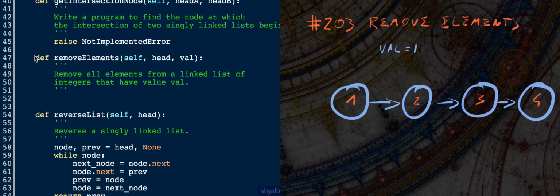Hi everyone. So in this exercise, we'll take a look at question 203 on Leetcode.com. And the question is: remove all elements from a linked list of integers that have a value val. So in this case, we would remove the first node. If val were 2, we'd remove the second. And as well, if they have multiple nodes with the same value, then we'd remove all of them matching the